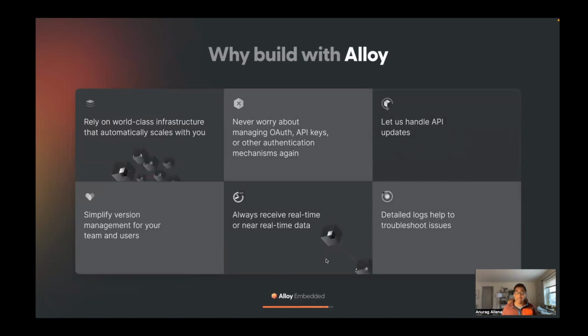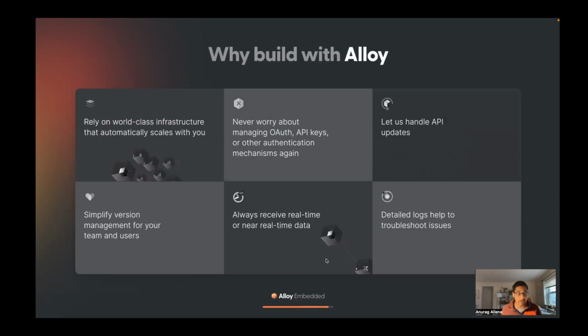So when apps that you're connecting to don't natively support webhooks, our polling infrastructure allows you to still set up data flow such that you're always getting close to real-time data, right? Even if it's not quite real-time exactly because of the lack of webhook infrastructure, you never have to worry about having a disconnect there. And then lastly, right, if and when things do go wrong, detailed logs to help you